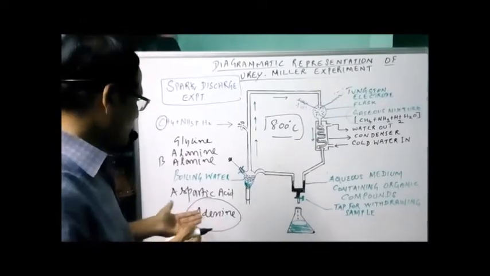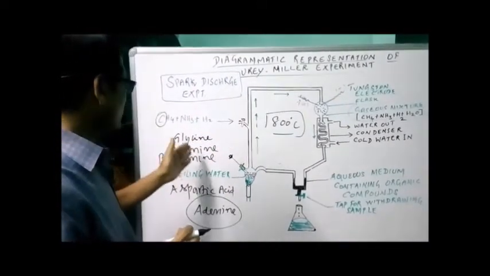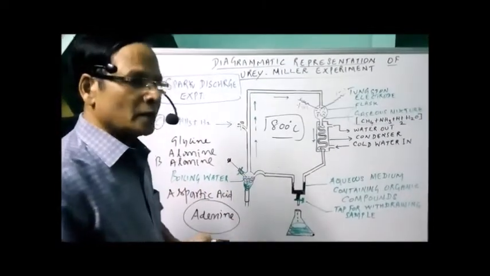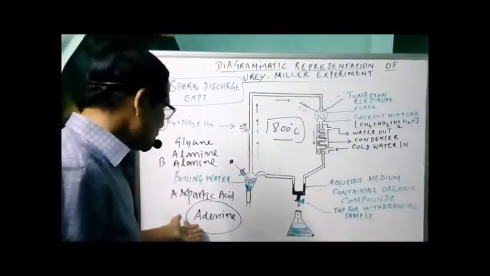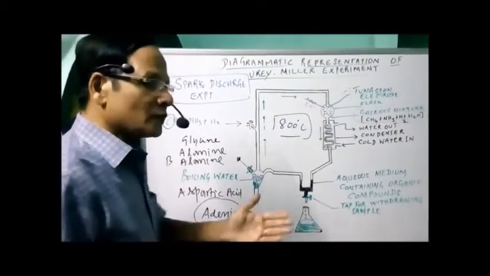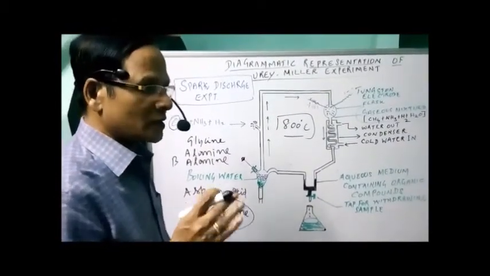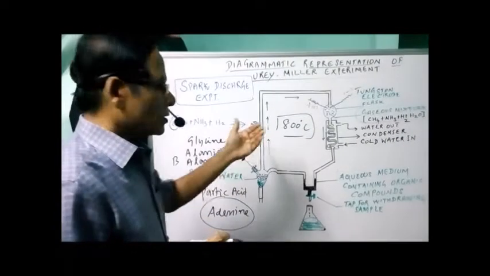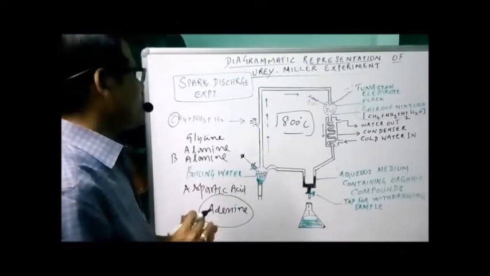They were able to obtain, as I mentioned already, the nitrogenous compounds also. Here these two people extracted glycine, alanine, beta-alanine and aspartic acid in their experiment. Later experiments conducted by different people obtained adenine, the first nitrogenous base. This is one entrance question: the first nitrogenous base that was extracted through the experimental analysis is adenine.